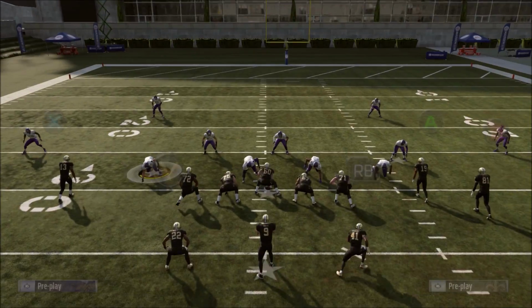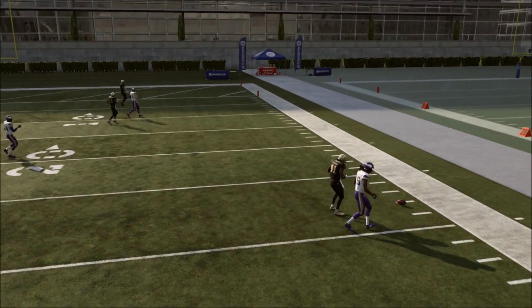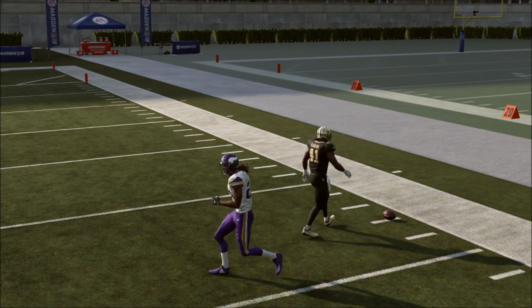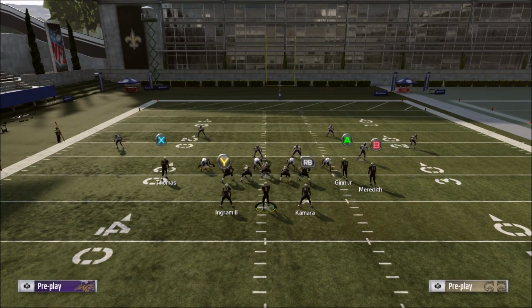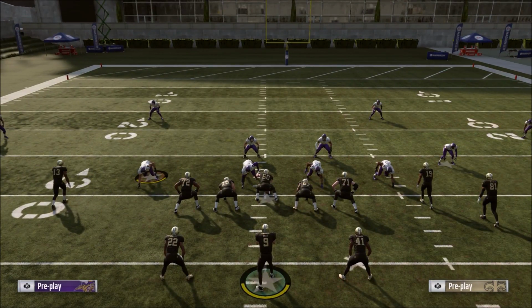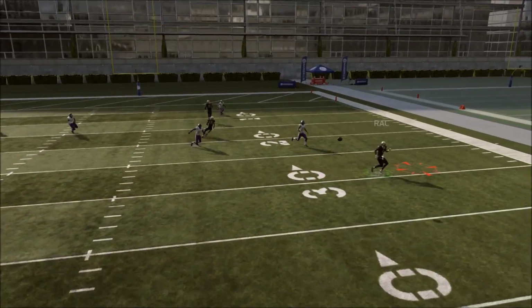Cover 2, same thing. I mean, you're going to have the ability to hit the table. He dropped the ball there, but we'll run it again. But the thing with the table is the table for sure works better on the short side of the field versus cover 2. If you're playing someone that runs a lot of cover 2, I would run the previous version of this more to the short side of the field,